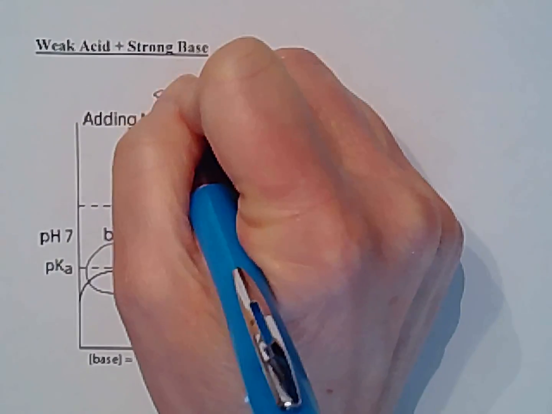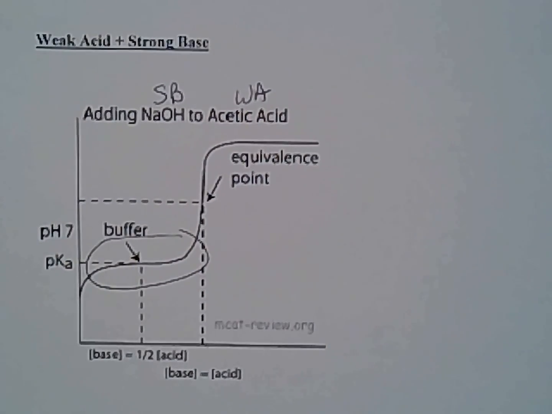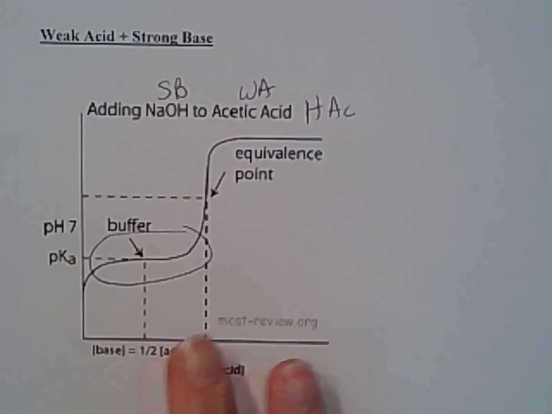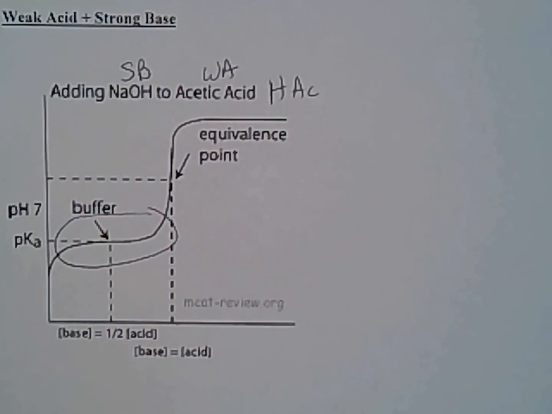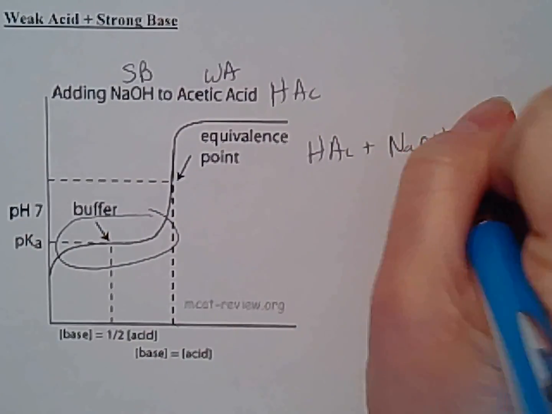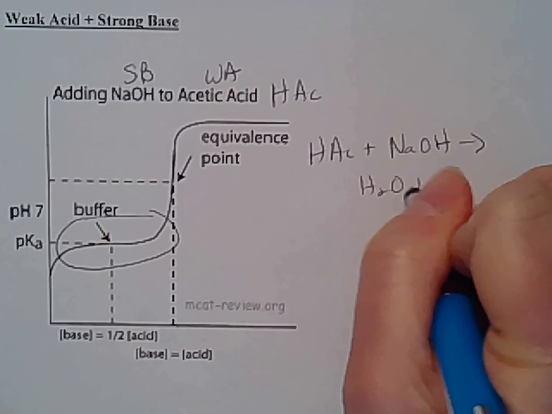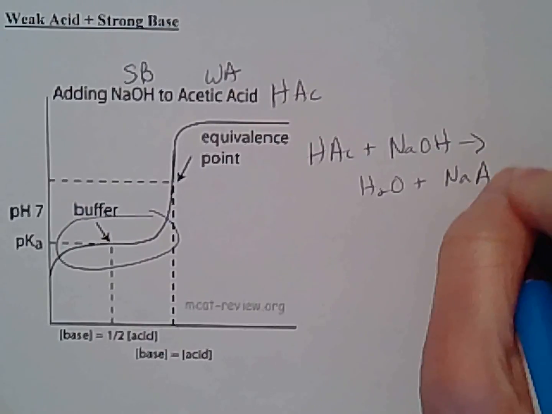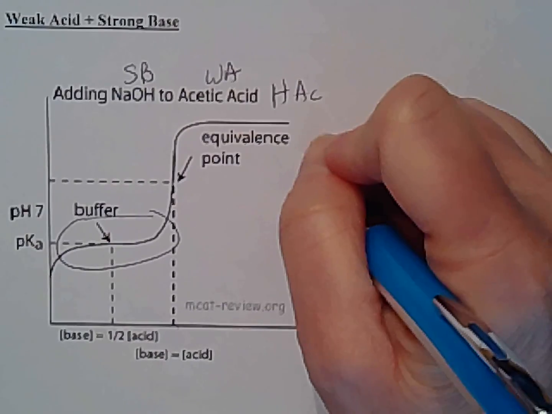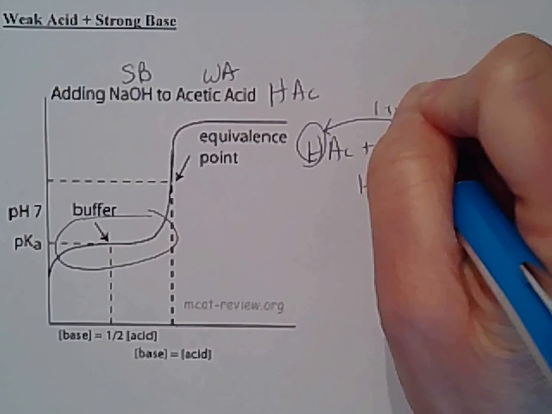So the strong base is NaOH and acetic acid is a weak acid. You're going to see acetic acid as HAc in all of my notes, so just keep that in mind. So the HAc is going to react with the sodium hydroxide, and we are going to produce water and sodium acetate. As I've been mentioning before, the H on that weak acid is going to be ripped off by